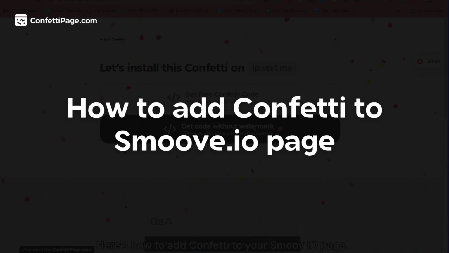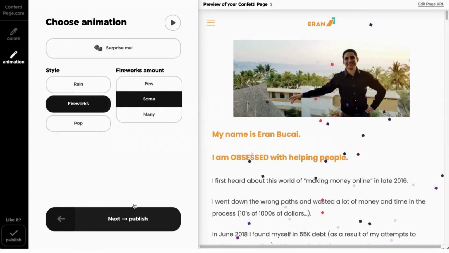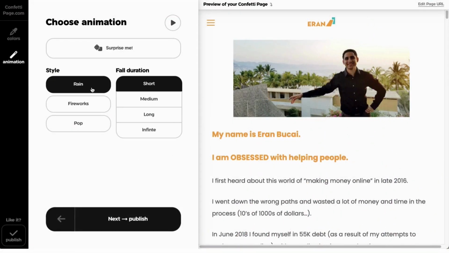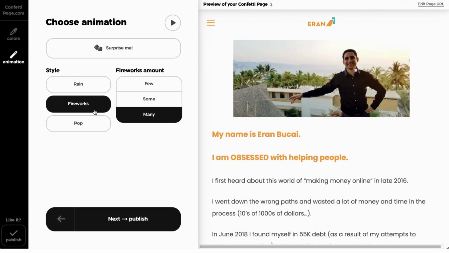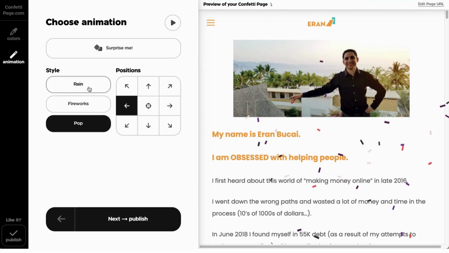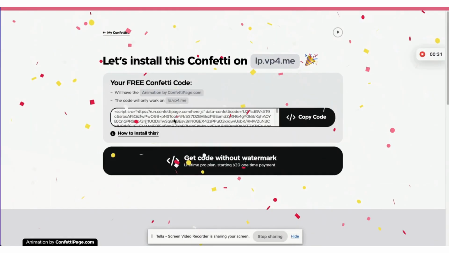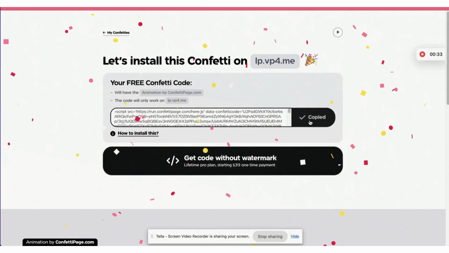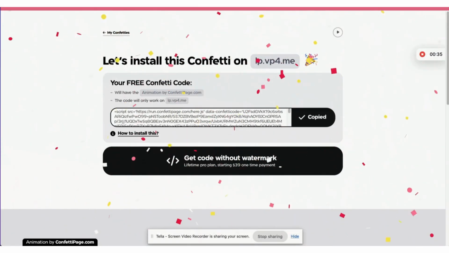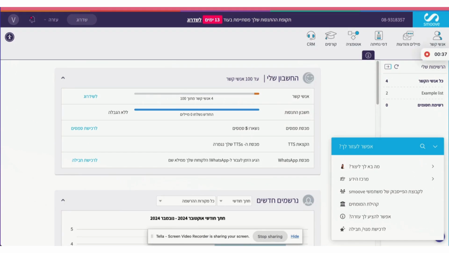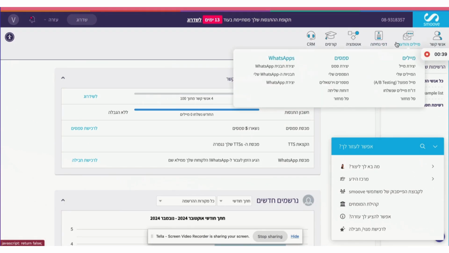Hi, here's how to add confetti to your smooth.io page. First off, create a custom confetti animation and generate the code to install on your website by visiting ConfettiPage.com. It's free. Click the black button that says Copy Code, go to smooth.io, and after logging in, on the main